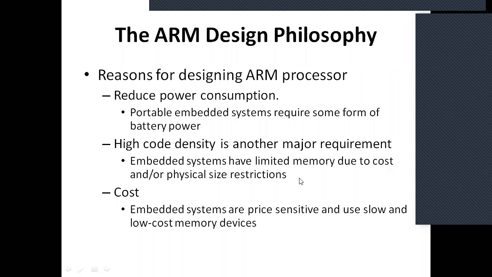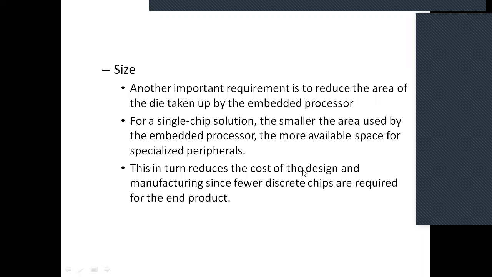So, and also because of that reduced instruction in this ARM processor, you can add another hardware requirement that is necessity for designing the system around that processor. Another important requirement is to reduce the area of the die taken up by the embedded processor. For a single chip solution, the smaller the area used by the embedded processor, the more available space for specialized peripherals. This in turn reduces the cost of the design and manufacturing, since fewer discrete chips are required